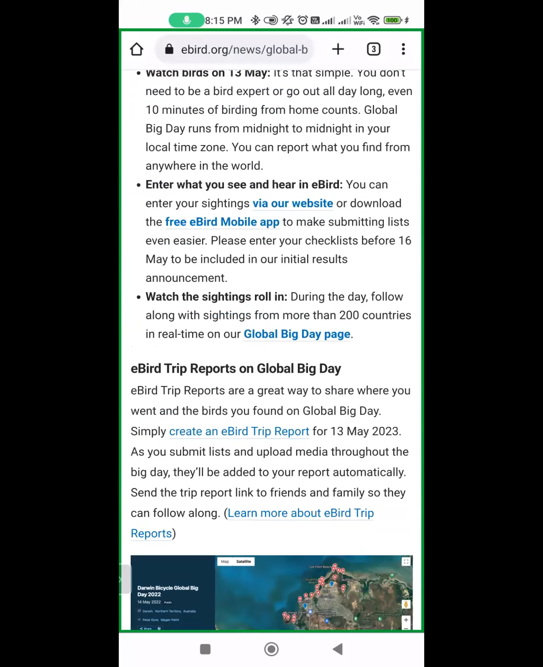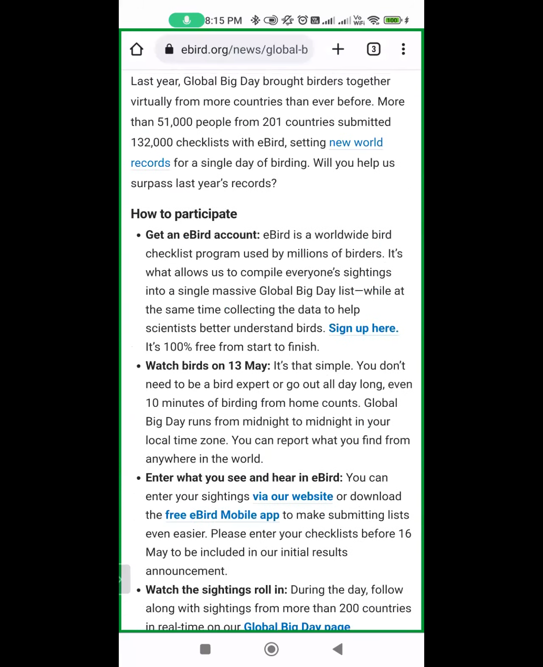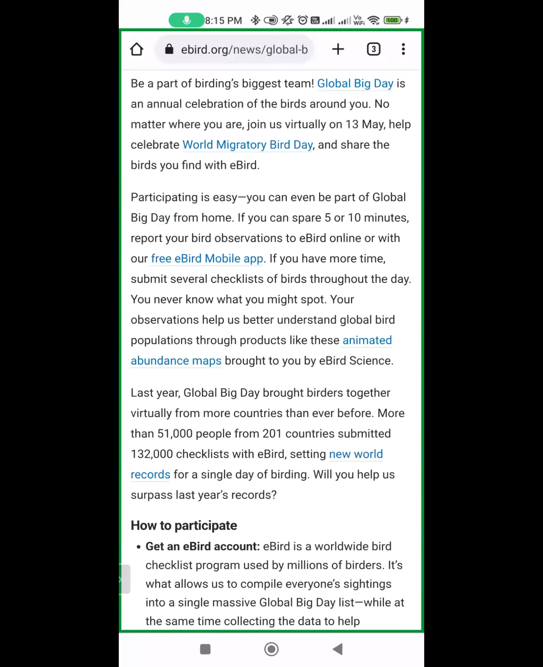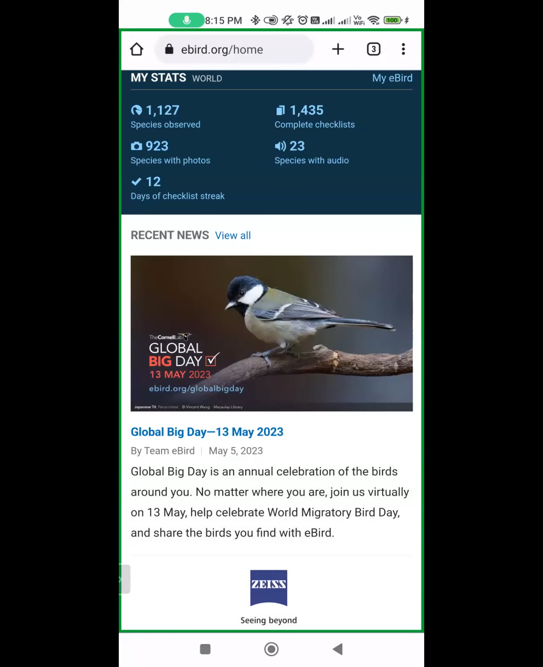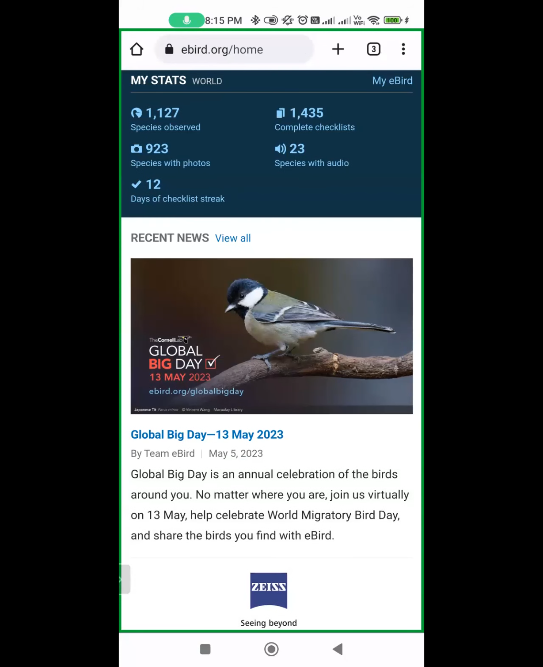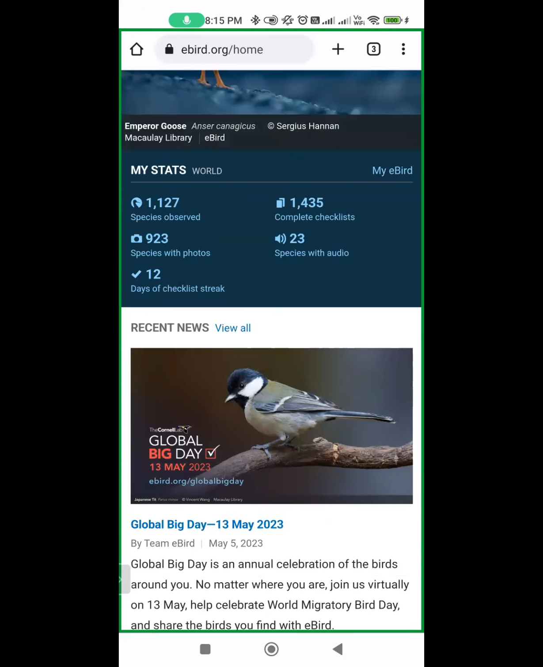Similarly, if some event is going to happen, it will be listed here, and there are also regional people who tell you. Let's say in the global event, whereas in India, eBird Bird Count India is in charge of Indian events. They will mention those things. Everything will be there, but as I mentioned,